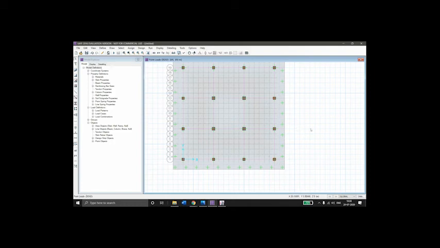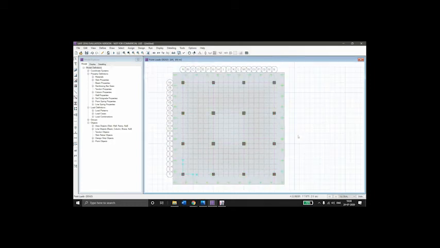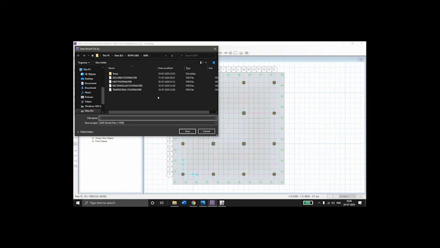our model is ready. Now we are going to analyze this model. Click on run analysis, save the model.